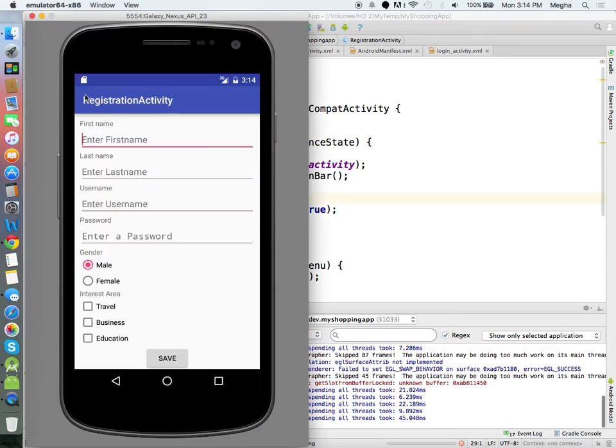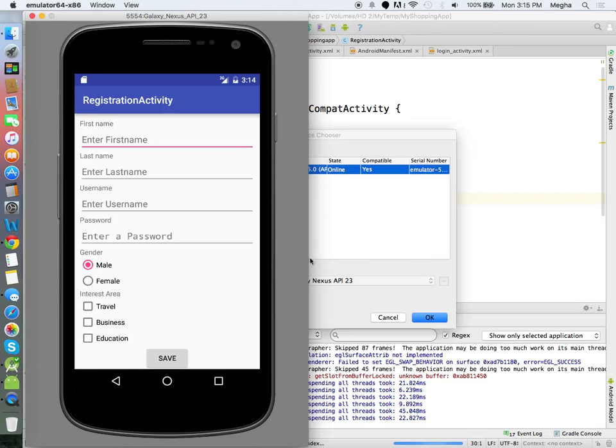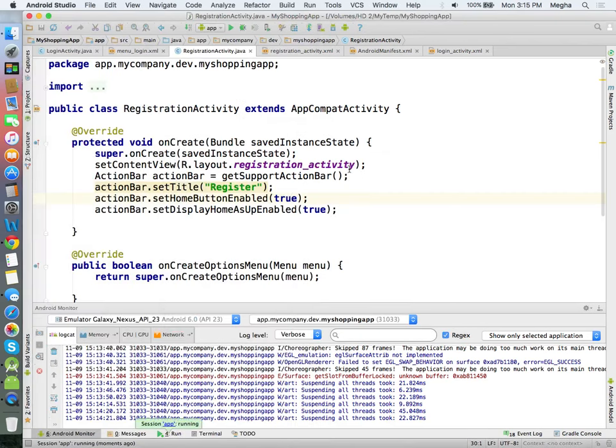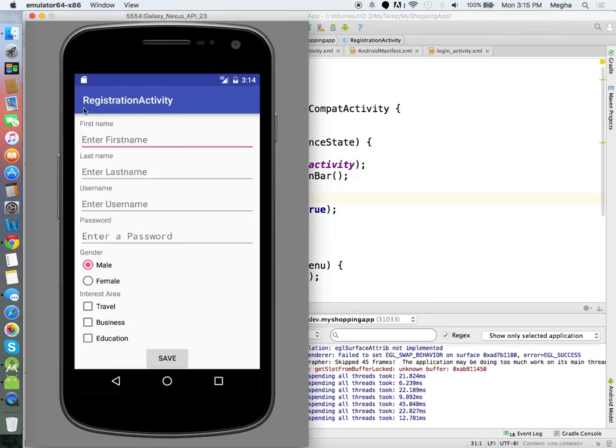What I'm trying to add here is a small back button. In the action bar itself, we can add a small back button, so by clicking it, the user can go back. It's not necessary to depend on the device back button. Remember, most of the app users, maybe iPhone users, have come back to Android. He may not know that there is a back button. He may want everything on screen. So it is recommended to keep a back button if you are going from one activity to another activity and back. So it is better to maintain the back button.